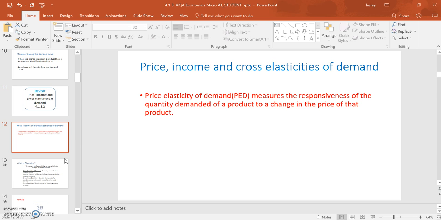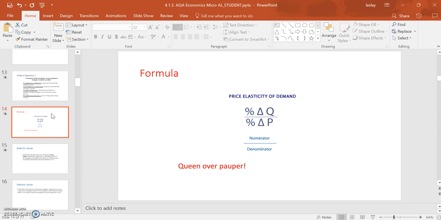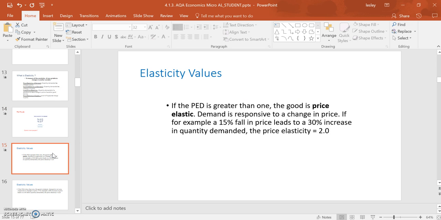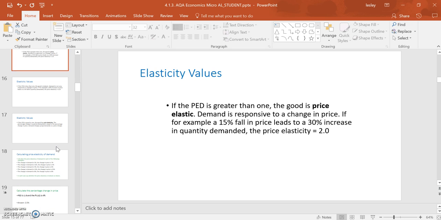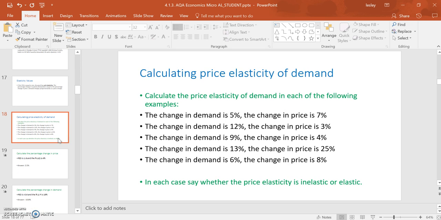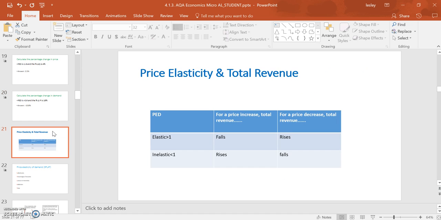Yes, you should be able to define elasticity, and we're looking at PED at the moment. You certainly need to know how to calculate it, and there's a formula there. And notice how that quantity is on the top. That's a general rule to remember. You need to know how to interpret the result of an elasticity calculation. Very important. Not just the actual number and what that says, but of course whether or not it's elastic or inelastic. We will do some calculation practice in class, but crucially it's very important you remember